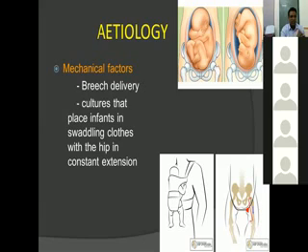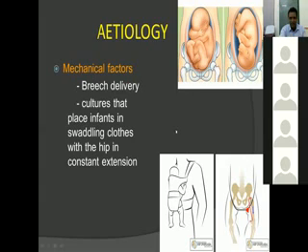So this will lead to the dysplastic acetabulum. That's why it's more common in breech delivery. Whereas in the vertex delivery, the femur is flexed and adducted, so it gives proper abduction and proper pressure for the normal development of the acetabulum.